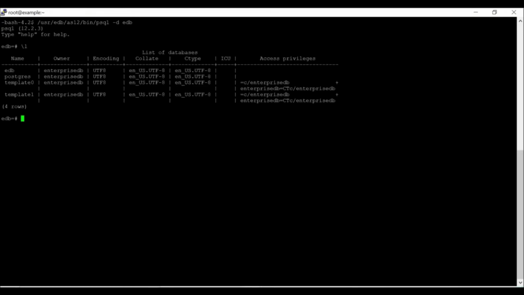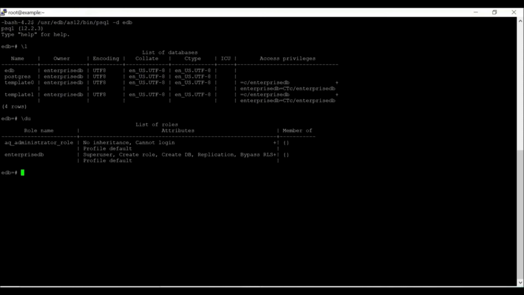Here you can see that there is no OT schema, not even an OT database, and we don't have an OT user either. So now I'm going to create the OT user first. So my user and database are both created.